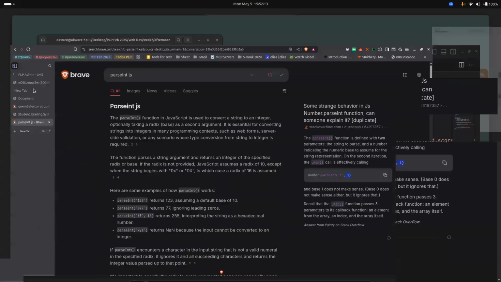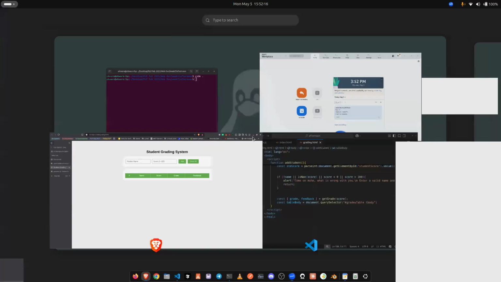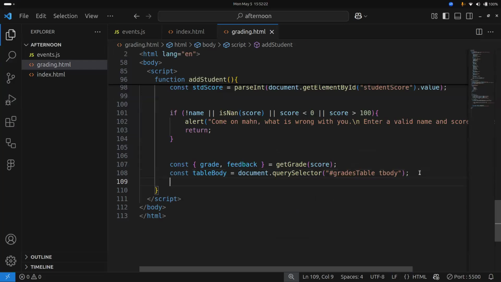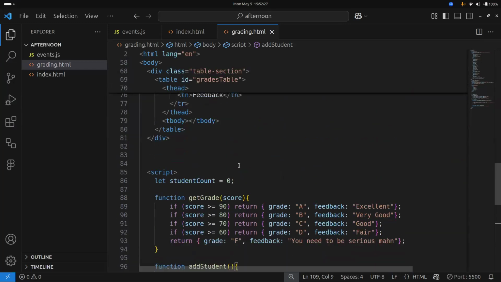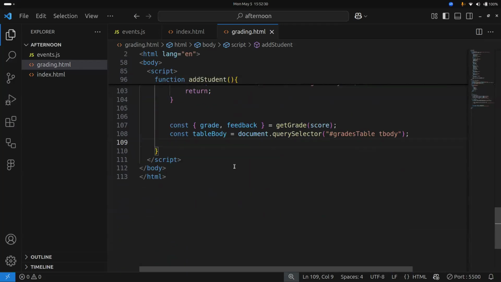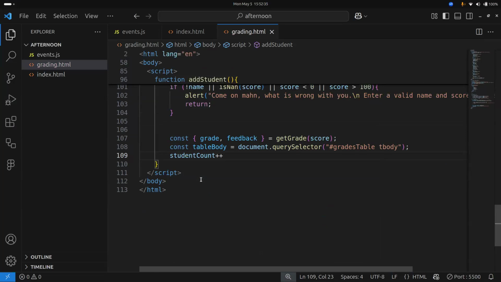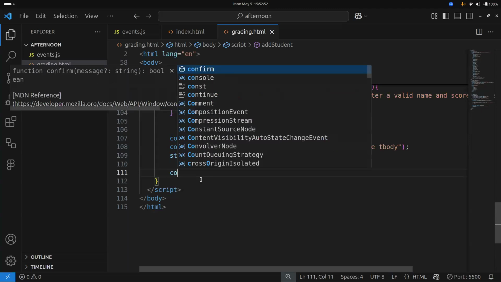So let us see. What do we have so far here? I'm not going to perform any functions here unless I'm done. So after getting, remember the count that we initialized here? Student count equals 0. So we can now increment it by 1. Student count incremented by 1. If you're understanding the function, you can just sometimes scan this to AI so that you can understand it well. Yeah. So after that, let us create a row. It is now time to create things that are not there. So const